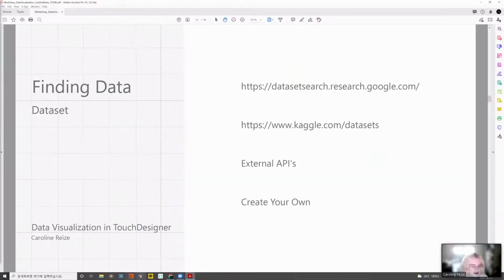Or you could also just say, okay, I want to try making data visualization. I'm just going to find any data set that I think is interesting and then create a question around that data. So a few places to look for data is, for example, Google's data set search,